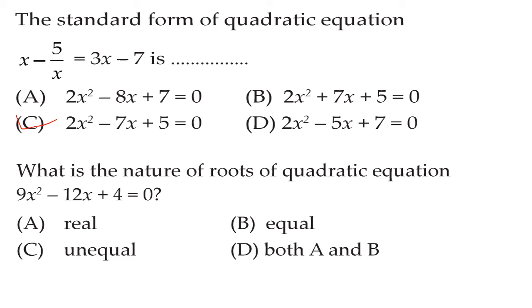Now since delta is 0, the roots of the equation are real and equal. Okay. So see now the options. Real is given, equal is given, unequal is given, which is not possible. So this is not possible. But here we have both a and b. So if delta is 0, then the equation is having real and equal roots. That means both a and b is the correct one. Okay. So in this way you can get the answer. Now let's go ahead towards the next one.